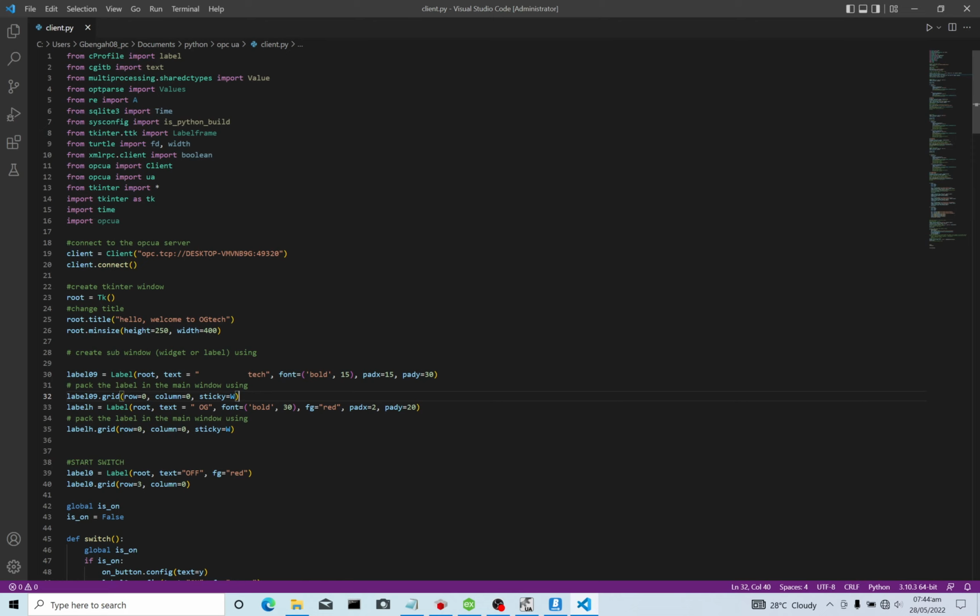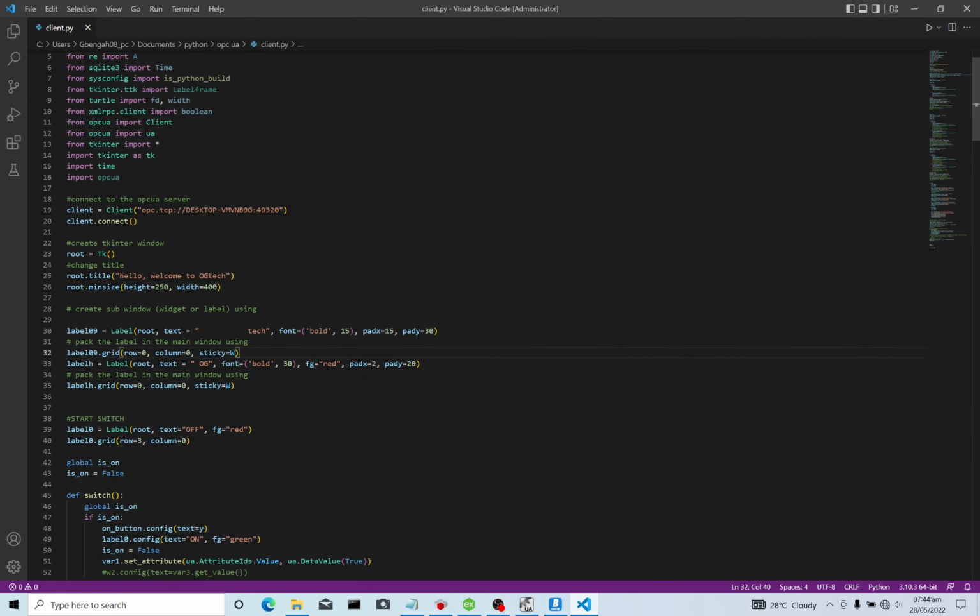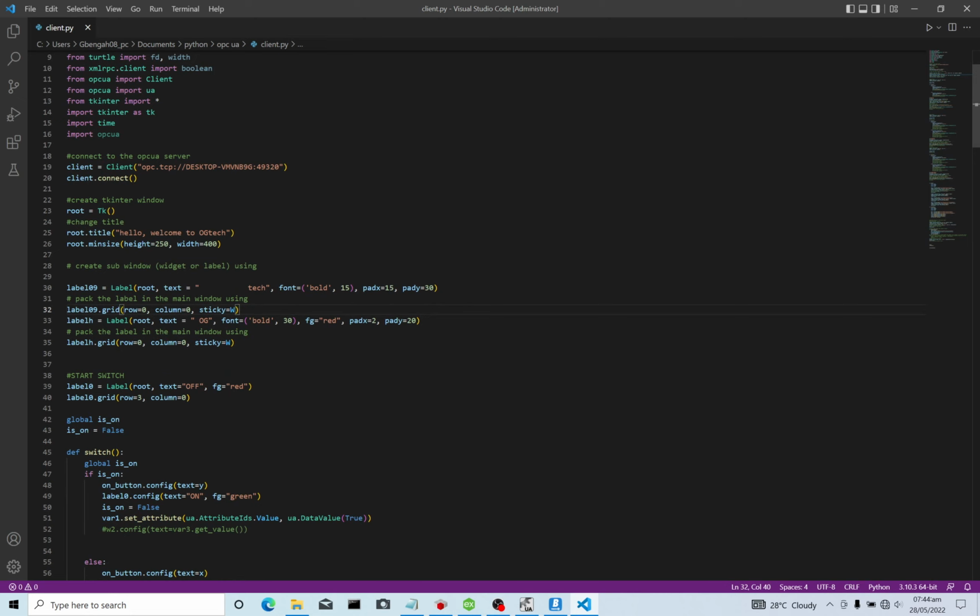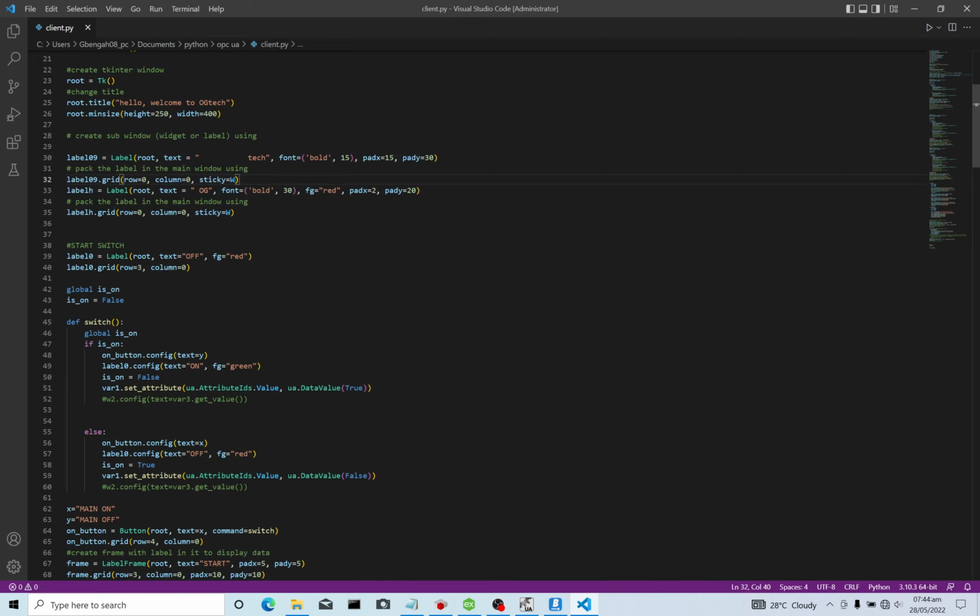Then create sub windows. Sub windows means the labels, the buttons, and everything that you want to pack into your main widget. After doing that, you configure each label and each button as per what you want them to do,